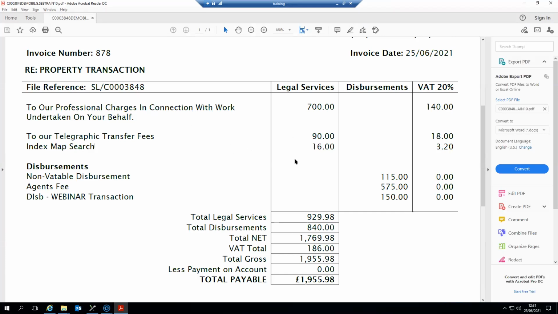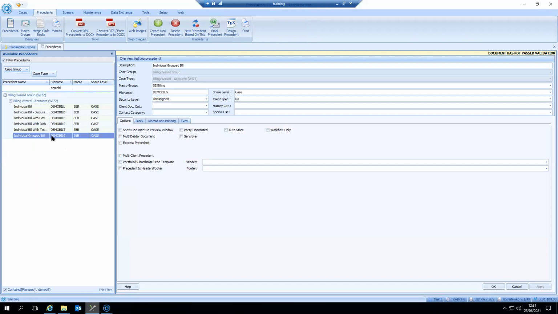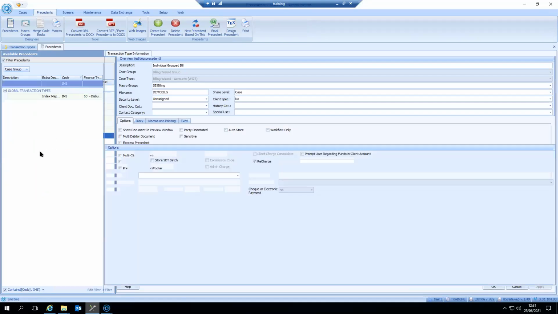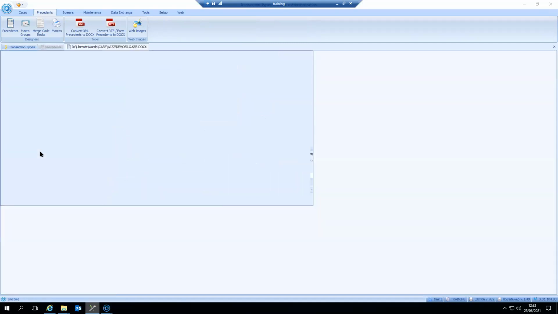They're not included on any listing commands because 700 plus 90 plus 106 does not equal 929.98. And so therefore, on here, if I go back to my grouping, I would have to construct my bill in such a way that I include all transaction codes within a listing command somewhere. And it's really important